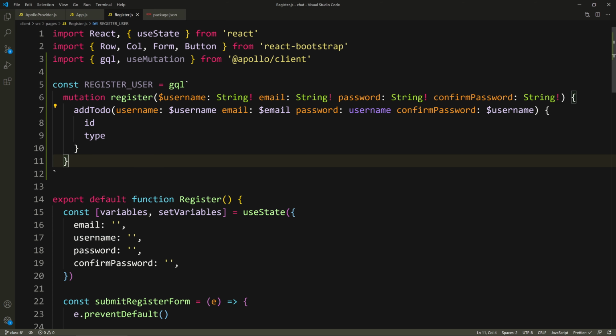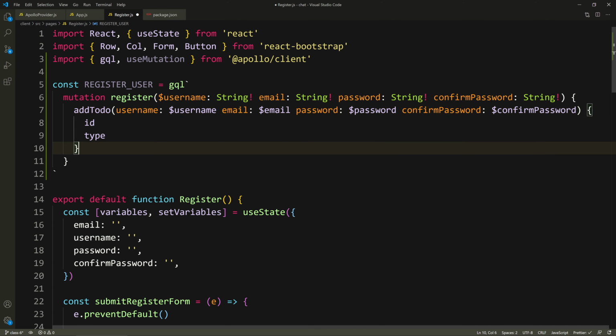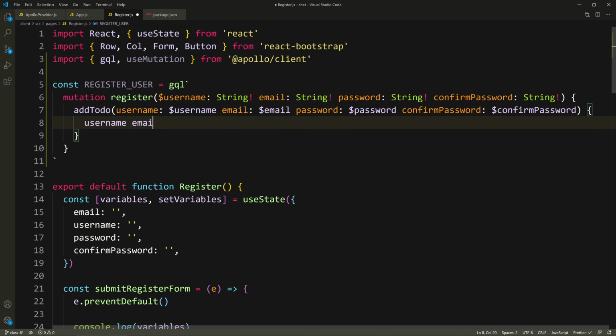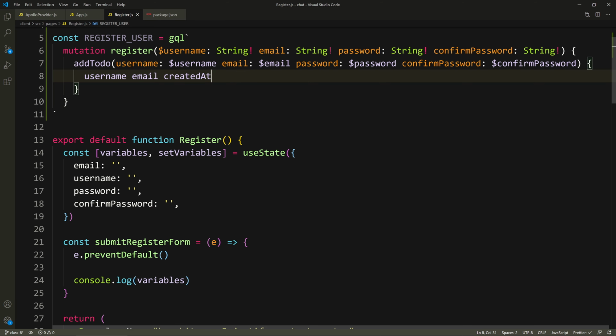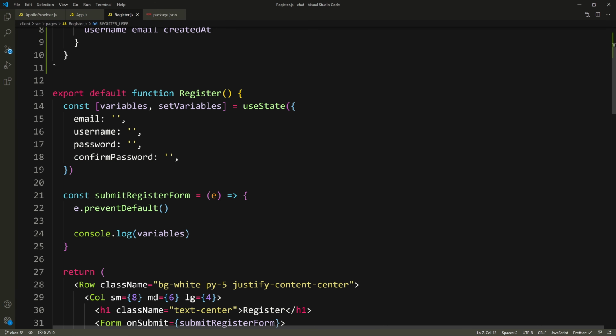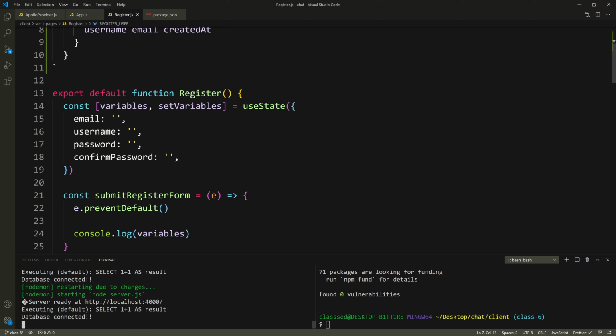Actually, let me save so that it formats. Oh, it doesn't format. Okay, it's not helping me. Okay, so password, that would be $password. And the confirm password will be $confirmPassword. And we need to get the username, the email, and the createdAt. So let's save. It still doesn't format. Okay, I'll leave it as it is for now. Okay, let me change the add to do to register. And now if I scroll down,